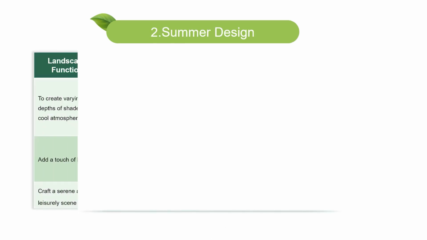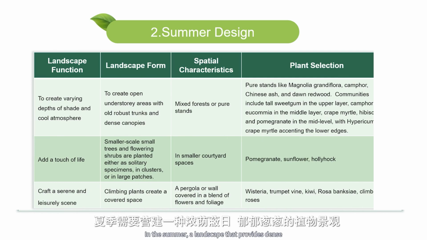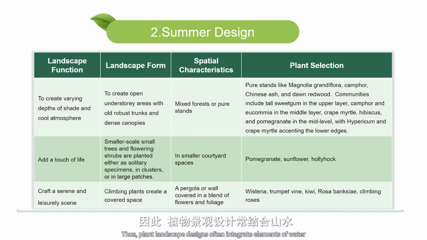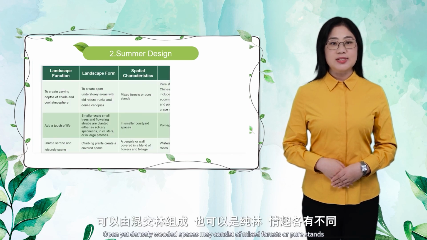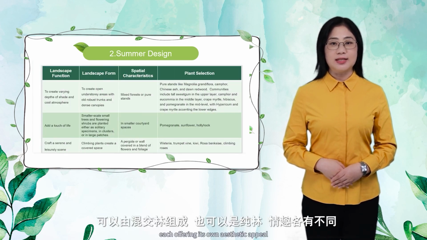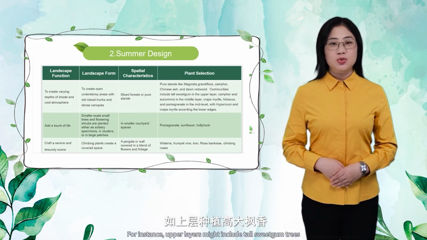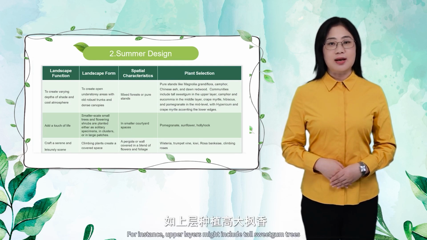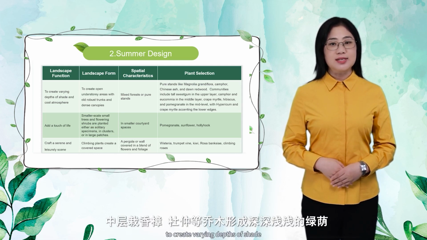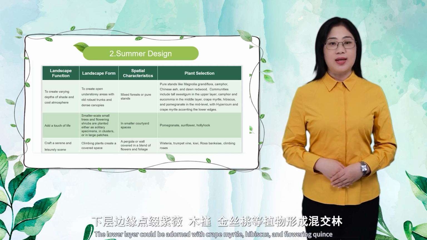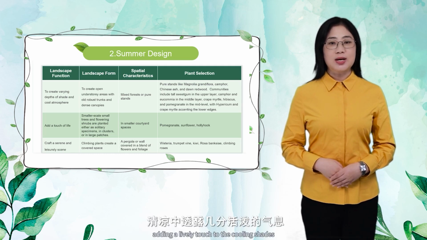Summer design. In the summer, a landscape that provides dense, cooling shade and lush greenery is ideal. Thus, plant landscape designs often integrate elements of water and towering forests to create a cool atmosphere. Open yet densely wooded spaces may consist of mixed forest or pure stand, each offering its own aesthetic appeal. For instance, upper layers might include tall sweet gum trees, while the middle layer could feature camphor and eucalyptus trees to create varying depths of shade. The lower layer could be adorned with crepe myrtle, hibiscus, and flowering quince, adding a lively touch to the cooling